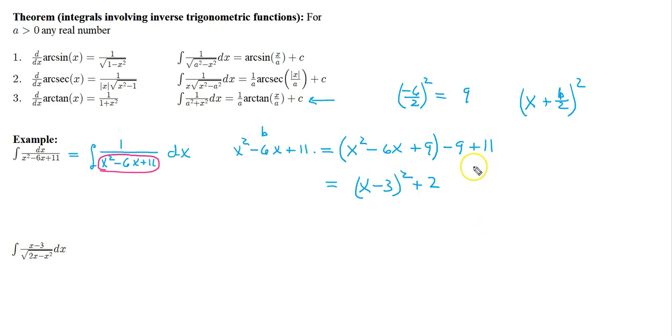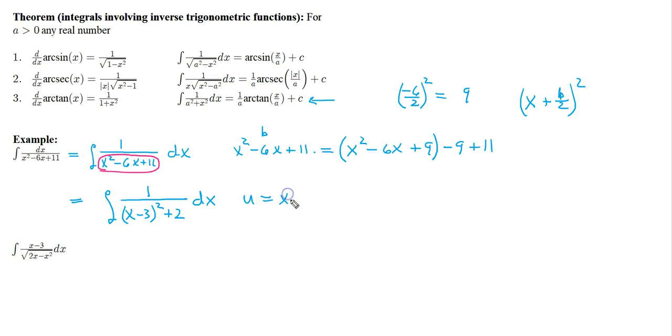Okay, so you see how completing the square works there. So this integral I can then write as, okay, now we see how it's looking a little more like the arctangent. Now let's do a substitution here. Let's let u equal x minus 3. Then du is just dx, and this becomes